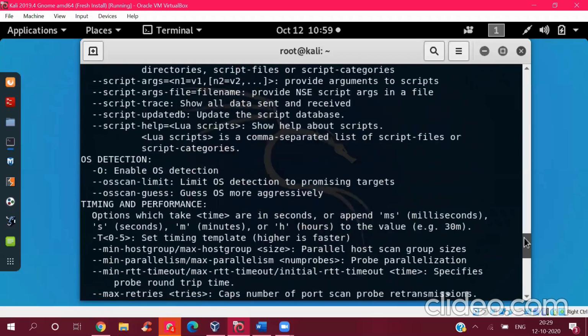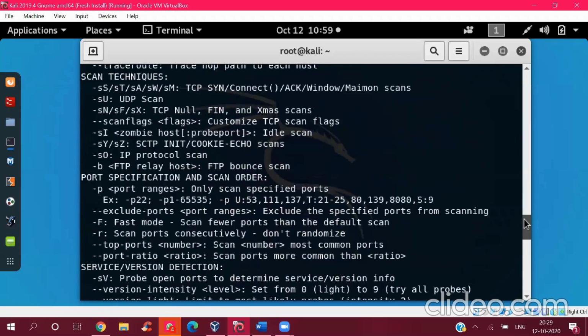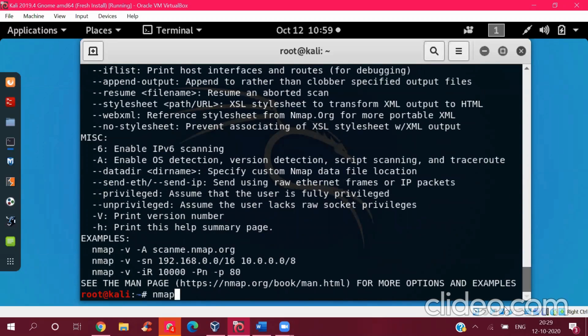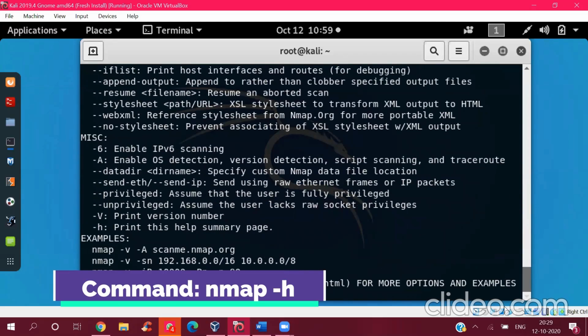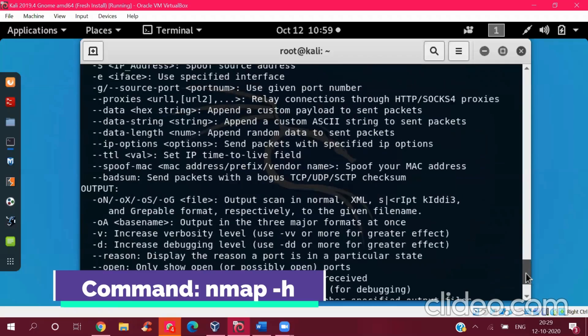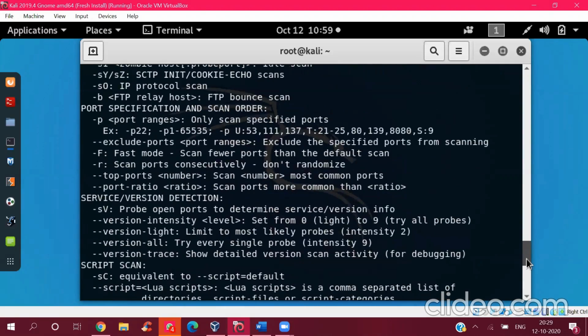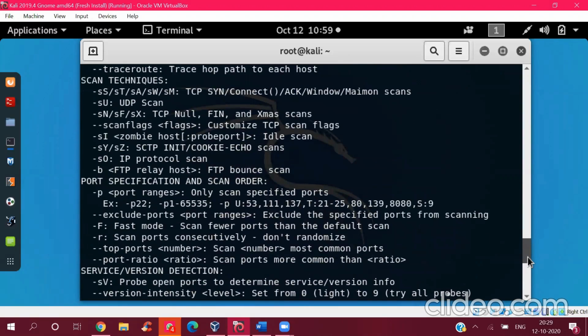Okay, so it's showing all the commands we can use, all the things we can do using nmap. Just by typing nmap, or by typing nmap dash h, we can get the same results. That is, what commands nmap has to offer.